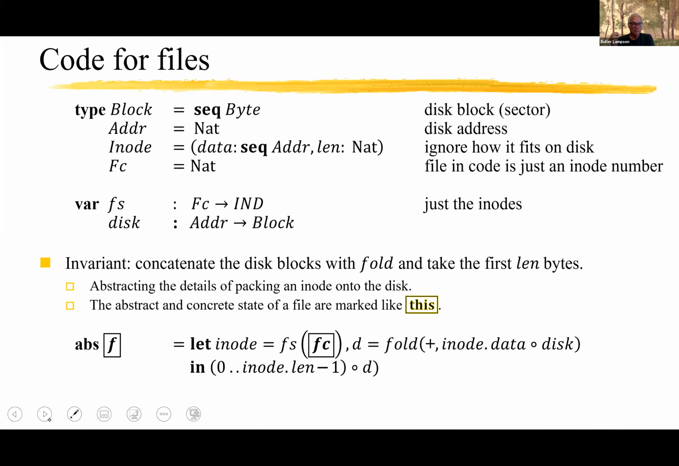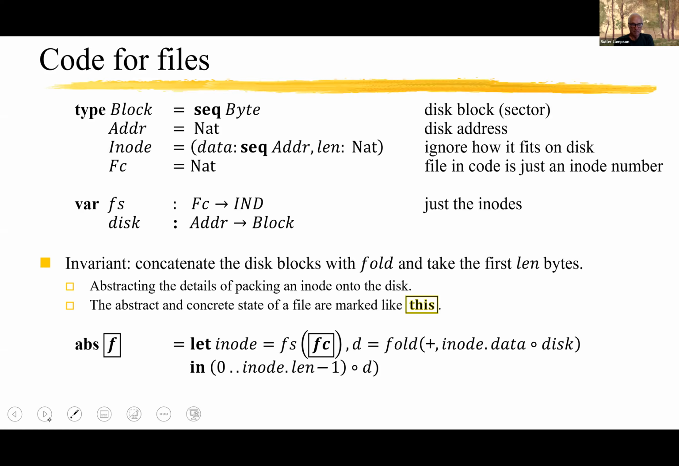The inode tells you how to get from the indexes in the file to the actual disk addresses, and then the disk tells you how to get from the disk addresses to the data. So inode.data composed with disk gets you a sequence of data blocks, which are the actual contents of those disk blocks. And then we're going to fold it with plus, which is concatenate. So fold is just going to concatenate those together. So that gets us D, which is the contents of all the disk blocks that are